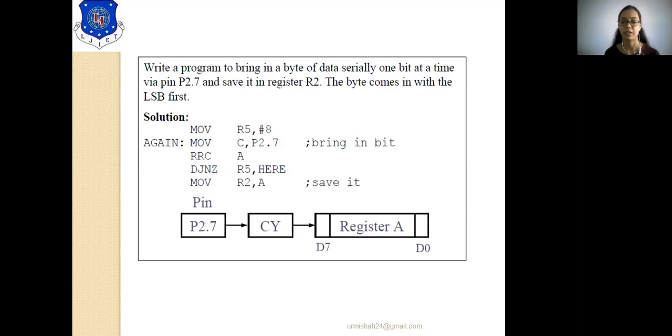The same program applies. You rotate right with carry, so the carry bit will be loaded with the LSB, and that carry flag you transfer to pin 7 of port 2. And finally that carry bit you load into the R2 register.